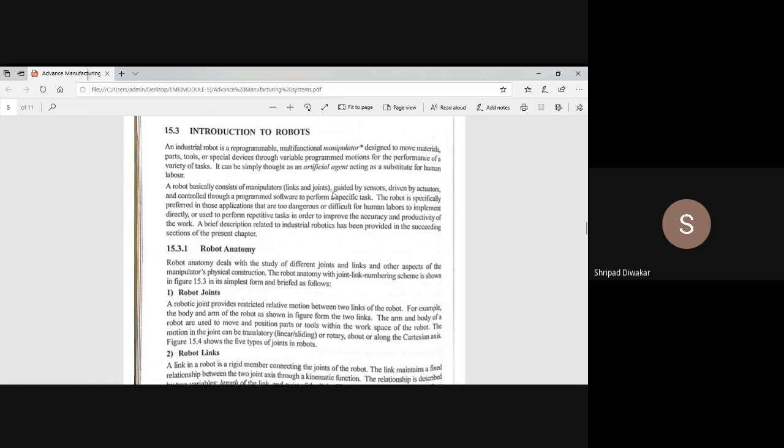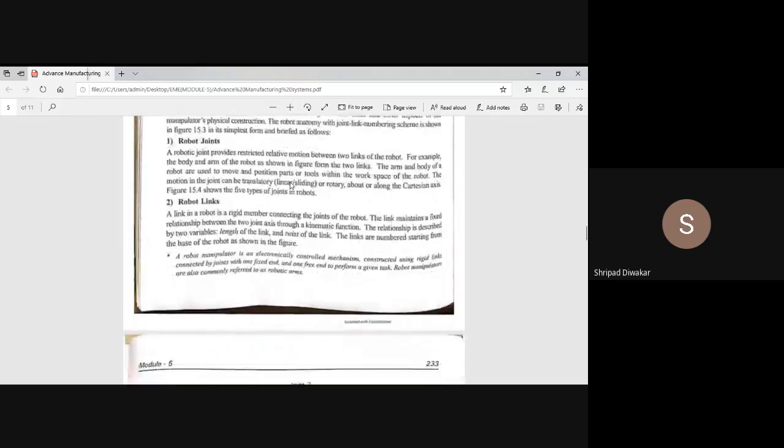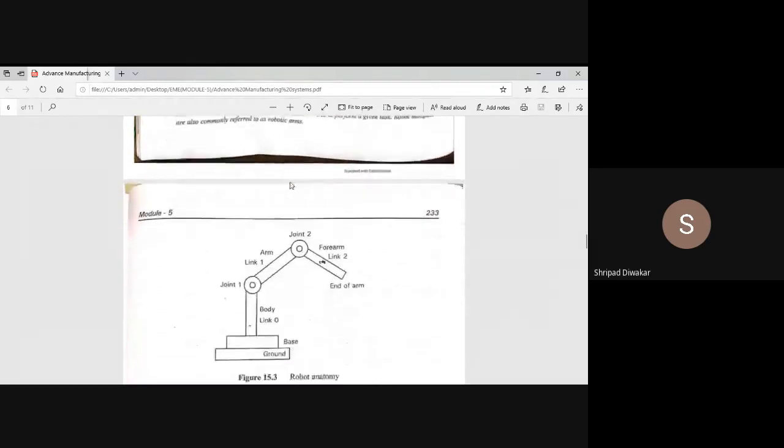That is the definition of a robot. Now I'll explain the different parts of a robot.